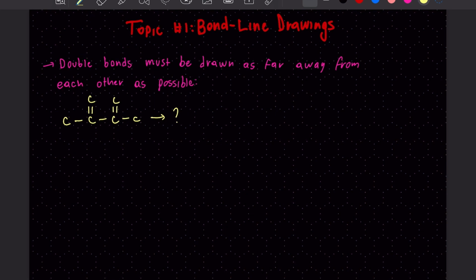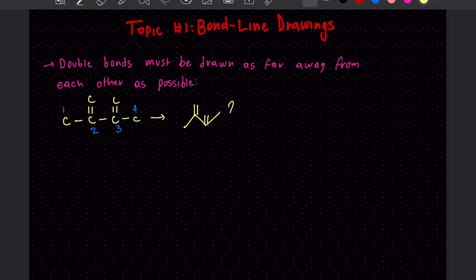And, well, how will we draw the bond line structure for this? So we can first start off, like we always do, by counting the number of carbons in our longest carbon chain. And we can see we have 1, 2, 3, and 4 carbons. So we can just start off by drawing our 4 carbon zigzag. Like this. So how do you draw in the double bond substituents at carbon 2 and carbon 3? Would we just draw them like this and like this,